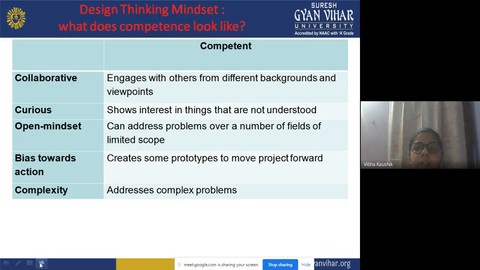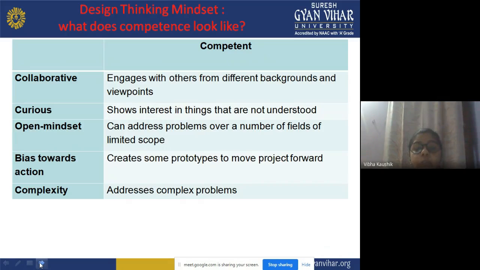Different backgrounds means different learning strategies. Some students can be of above-average intelligence, some of average intelligence or below, and they have different learning strategies. So collaborative means we are making a group in which they cooperatively carry out the learning process. They engage with other individuals from different backgrounds, who have different learning strategies, interests, habits, and different viewpoints on different things.